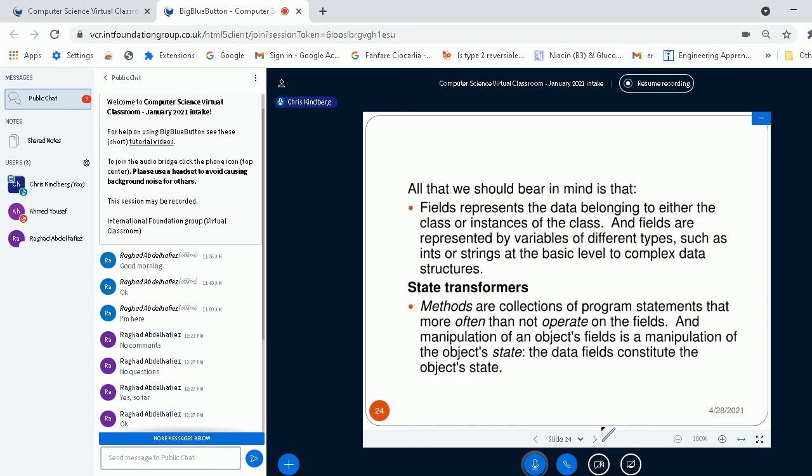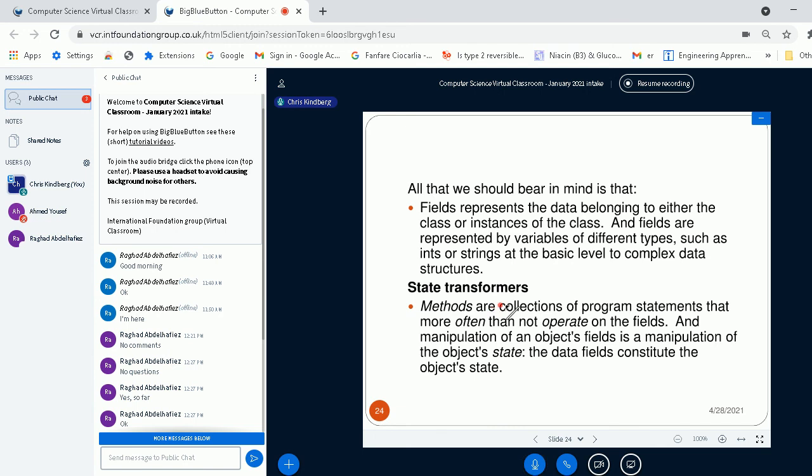So all that we should bear in mind is that fields represent the data belonging to either the classes or instances of the class. And fields are represented by variables, such as ints or strings, at the basic level, to very complex data structures indeed, if you want to include variables representing complex data structures.